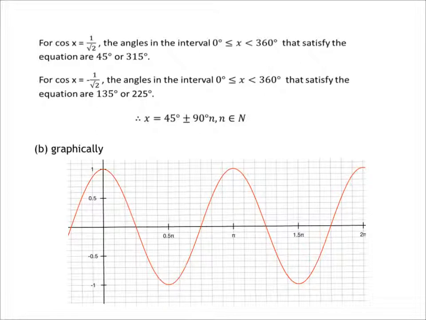With a reference angle of 45, then cos x will be negative in second and third quadrant. It'll be negative when we have an x of 135 or 225. So we could write a general form solution as a 45-degree angle plus or minus 90 degrees n, where n